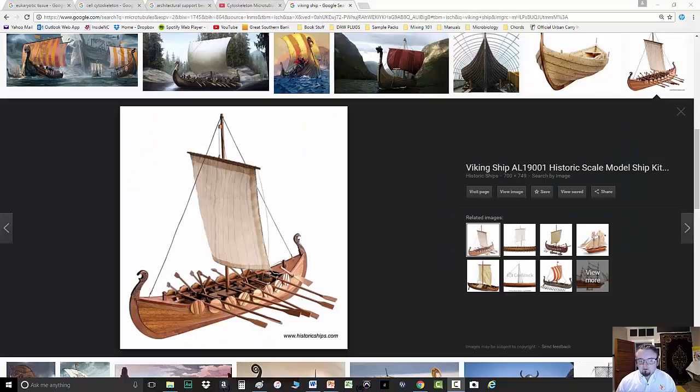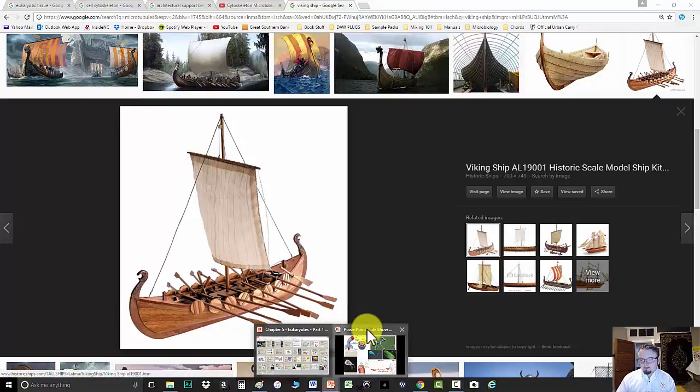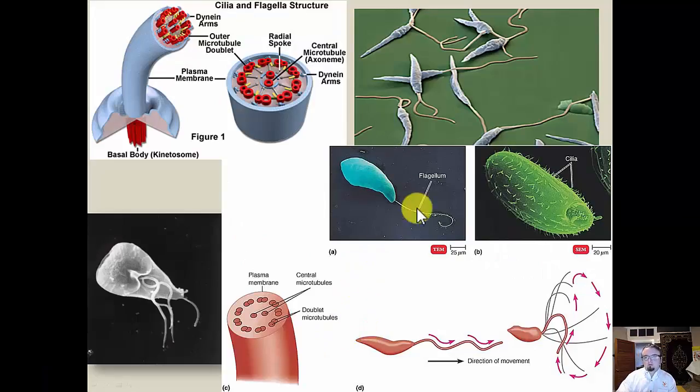And here's a visual for you there. So kind of like how you have to have lots of little tiny oars all moving simultaneously. That's kind of how the cilia work. They all kind of beat in unison and kind of propel the organism forward, kind of like that. Whereas the flagella, again, is more like one big propulsion device at the back.